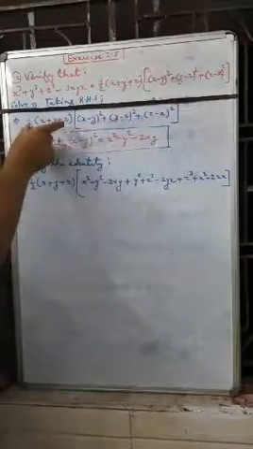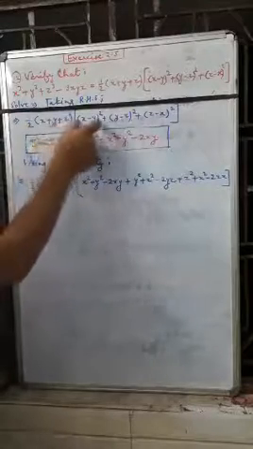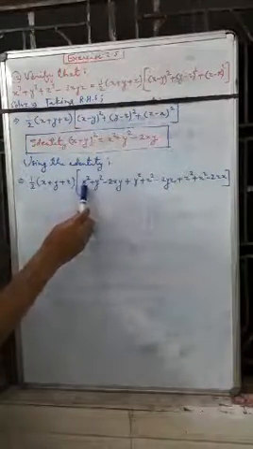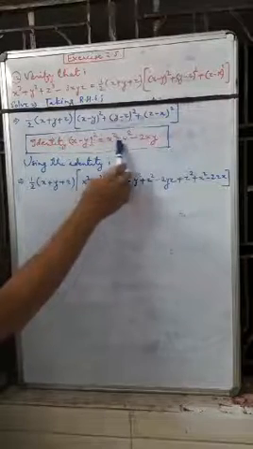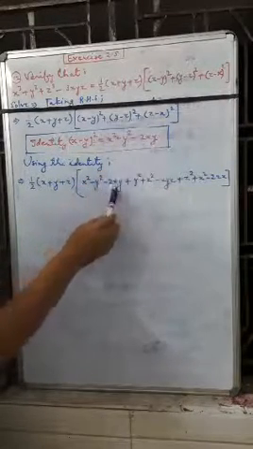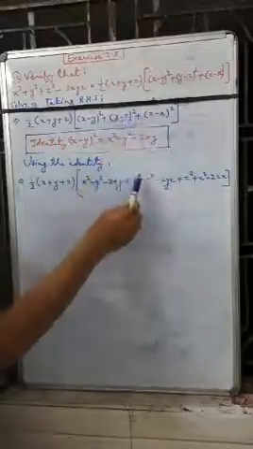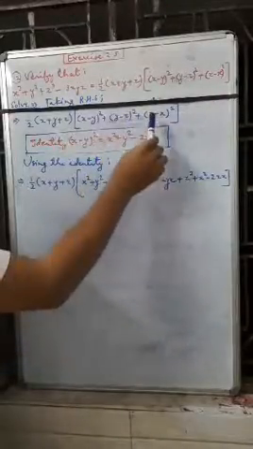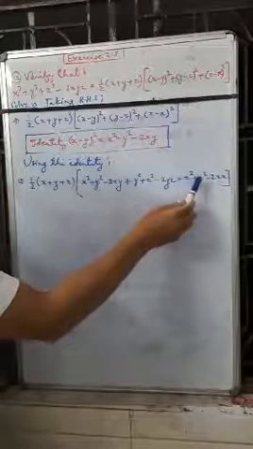So we have copied this term here, but we have used x minus y whole square is equal to x square plus y square minus 2xy. Similar identity we have used for y minus z, so y square plus z square minus 2yz here, and z square plus x square